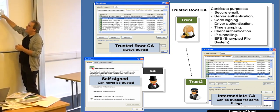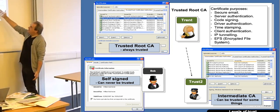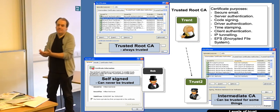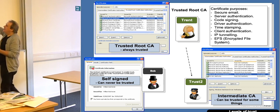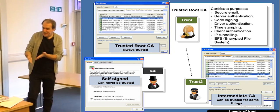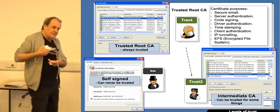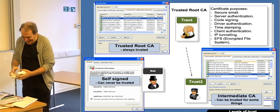Then in between we have intermediate CAs that are trusted to sign just one or two things. So a Cisco VPN certificate would only be trusted for a VPN connection and wouldn't be trusted to sign emails and so on. So these become intermediates and they're defined by what they can sign. In this case, the Microsoft driver can sign for devices that connect. You do know that this device here, don't trust. If you have a Mac or a device here,